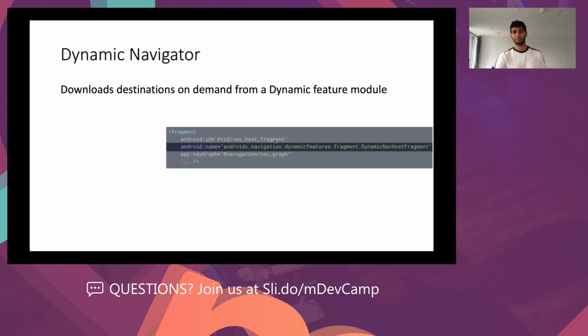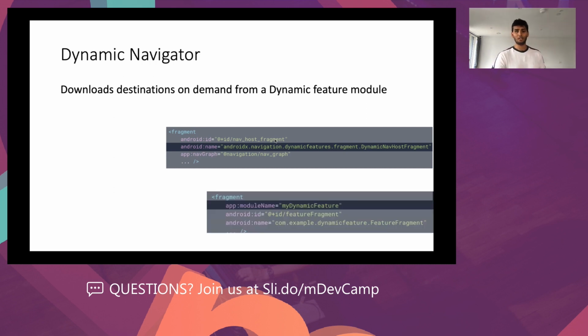The changes you need to make are really minimal. First things first, in the navigation host, you have to change the host to the dynamic nav host fragment. This is a host which knows how to handle dynamic destinations. Within the navigation graph, you should also declare that some of your destinations will be part of a dynamic module, and those destinations will also have a property called the module name. And once you make these two changes within your navigation graph and your navigation host fragment,